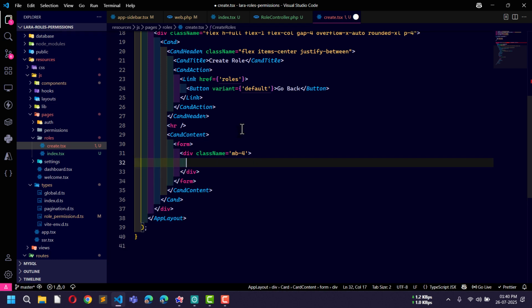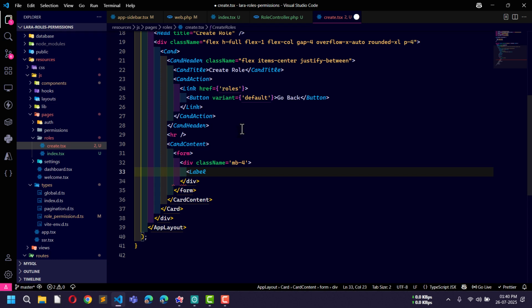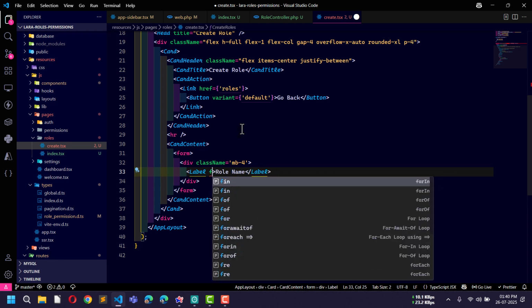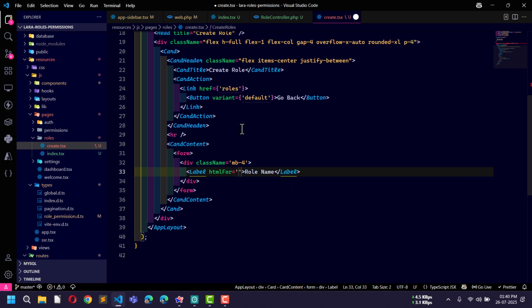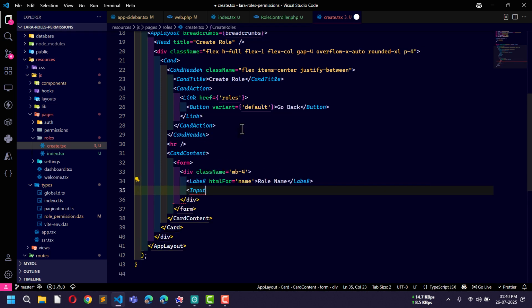Inside this div I will use a label component, and for the label I will write role name, and use htmlFor name. Just below I will use an input component, with ID name, type text,